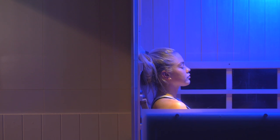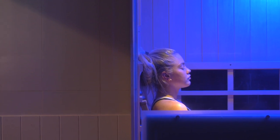Leading studies have shown that sweat caused by conventional saunas is around 95 to 99% water, whereas with the sweat from the infrared, it's around 80 to 85% water. The other 15 to 20% was cholesterol, heavy metals, and some pretty cool benefits there of sweating out those unwanted toxins. So some other benefits of the infrared sauna is obviously detoxification, blood and oxygen circulation, but it's also a great place to sit in